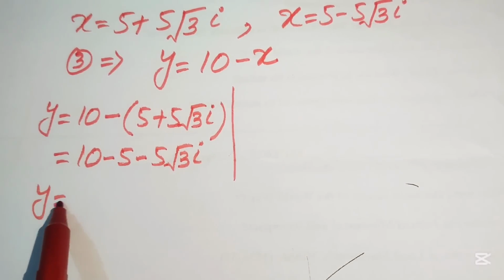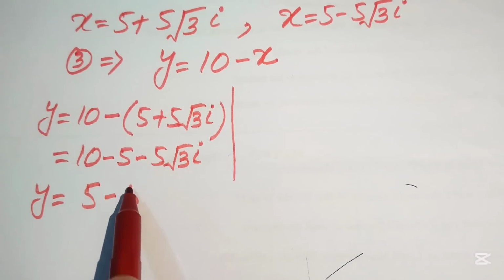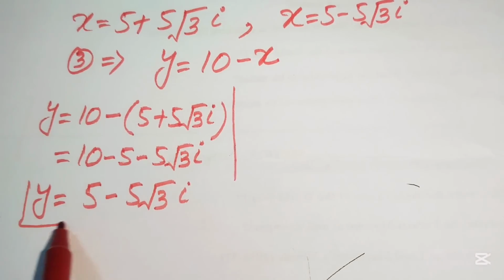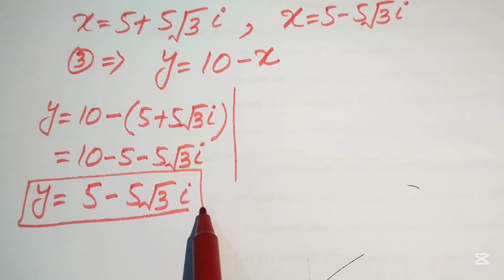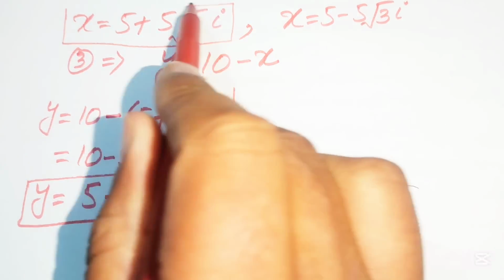So here we have the value of y = 10 - 5, which becomes 5 - 5 times the square root of 3 iota. So this is the value of y